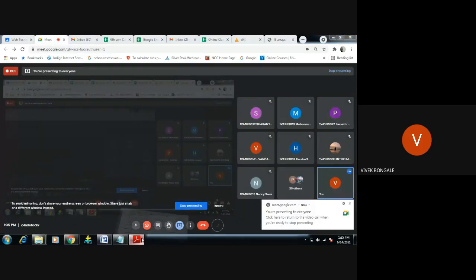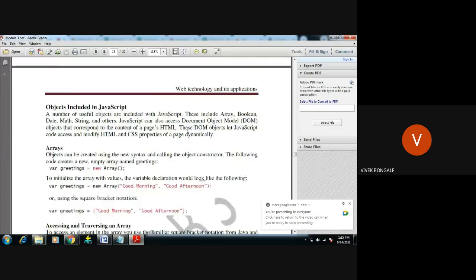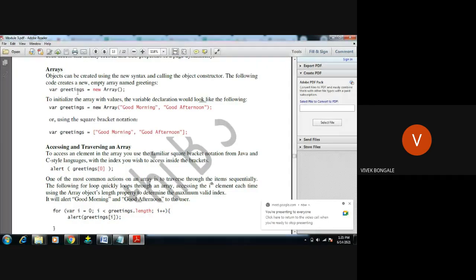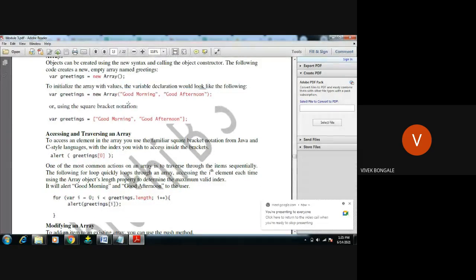So you can see objects in JavaScript like the array, where we create an object using the new syntax. Where new is a keyword followed by Array, and what is inside is optional. Anything you can give under this one or you can leave. This is an example, and this is the shortcut method.